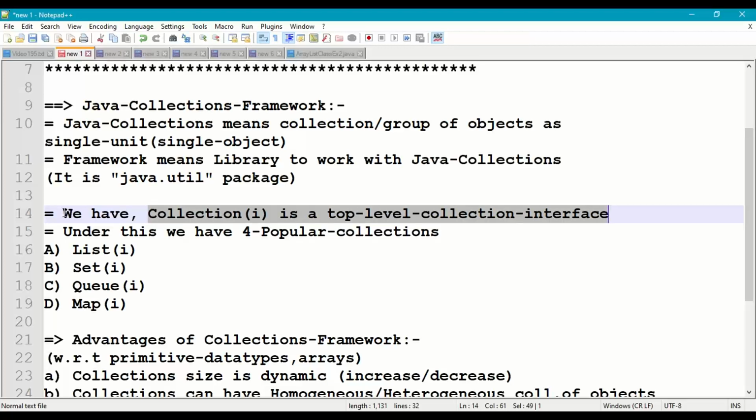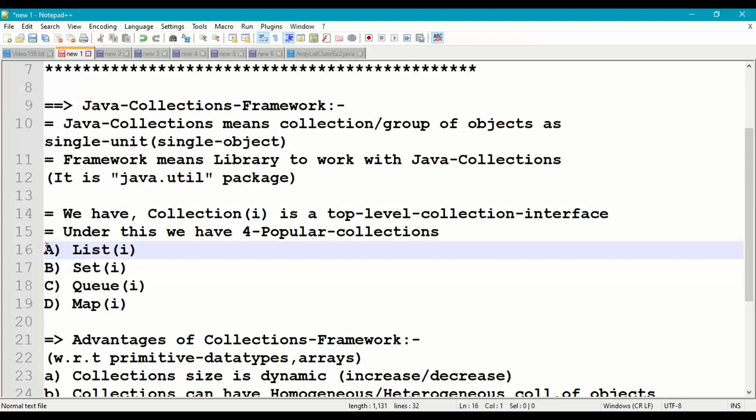Under this collection interface, we have four other popular interfaces: list, set, queue, and map collection interface.